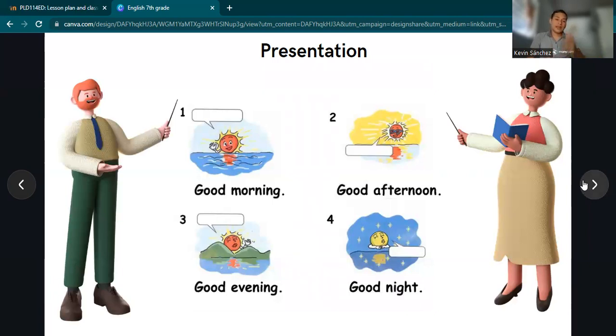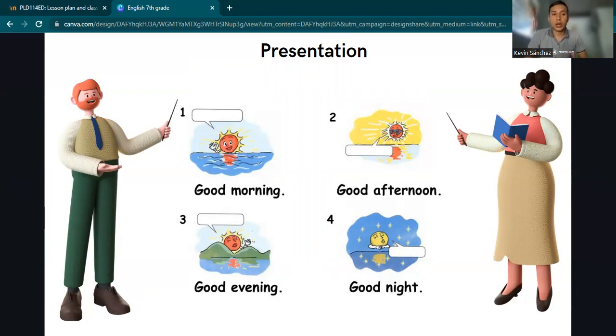Okay, another very important thing is this. In the morning, when you wake up, what do you say? Yes, in Spanish, you say that. But in English, we say good morning when we open our eyes and we see something in front of us. We say good morning, good morning. That's the pronunciation of that word.